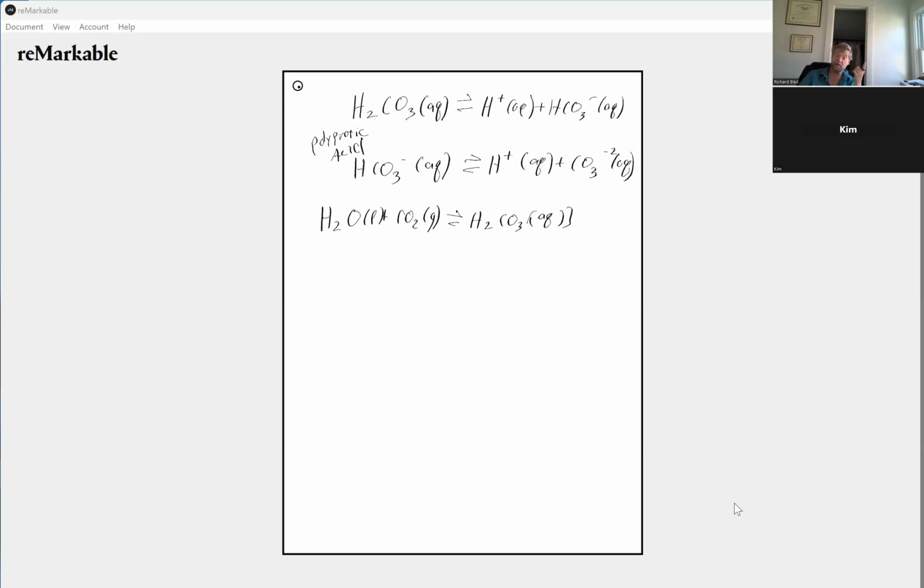Now, we've talked about this equilibrium before. Carbon dioxide is very important physiologically. And we've talked about hyperventilating before. This is all Le Chatelier's principle. When you hyperventilate,